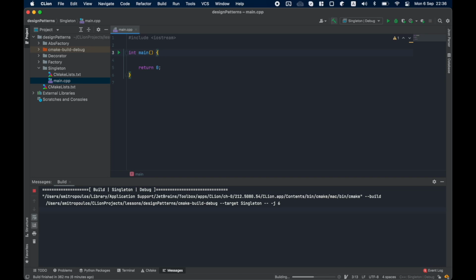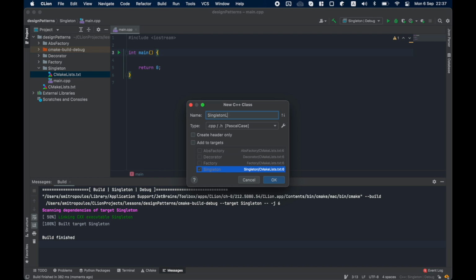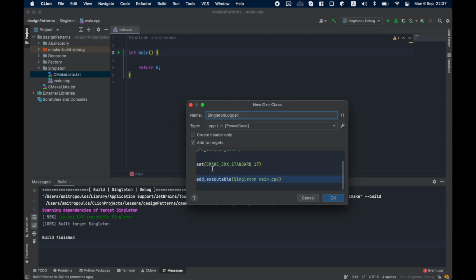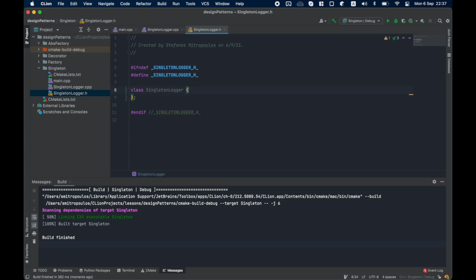As always, we start with the bare main program, and we're going to create a new C++ class called Singleton Logger. Let's say that this is a logger. It's not going to be, but for the sake of simplicity, let's say it's going to. The first thing we're going to do is create